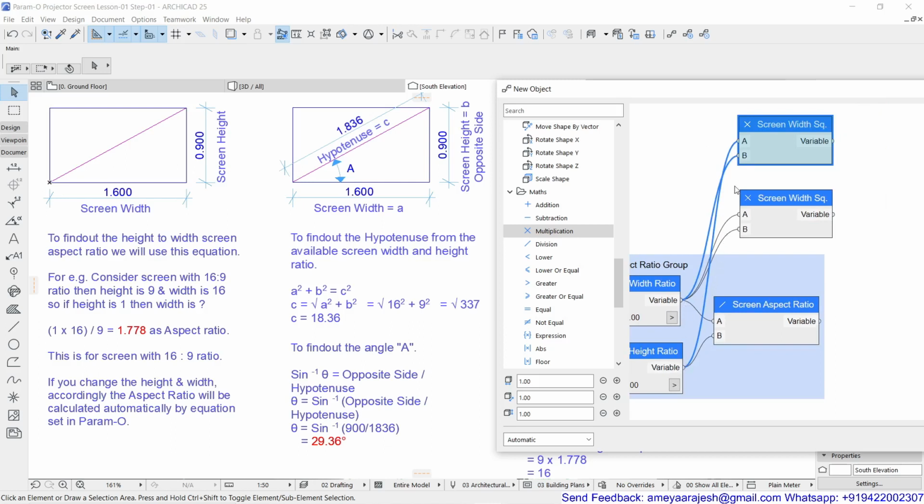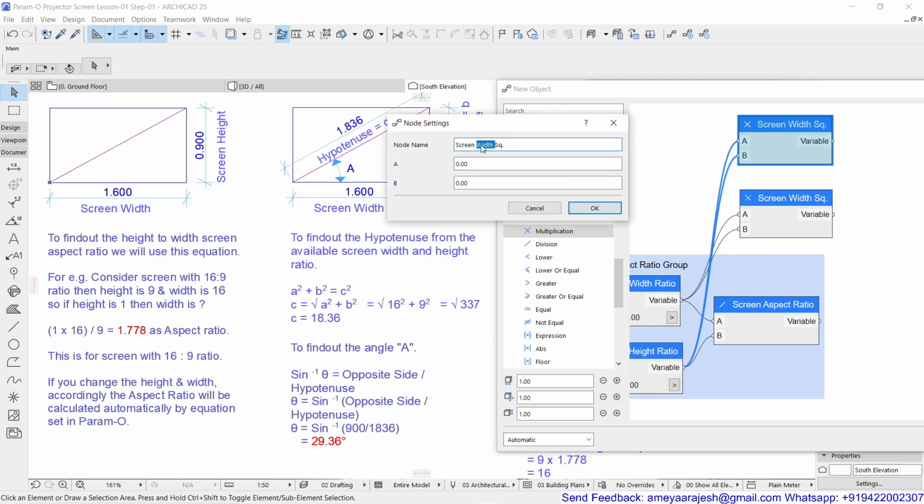Say for example, now this is already A squared calculated, this has to be for B. So what I'll do is start dragging again from here, and I'll put this as B. Correct? And this will get renamed as screen height square again, remember.